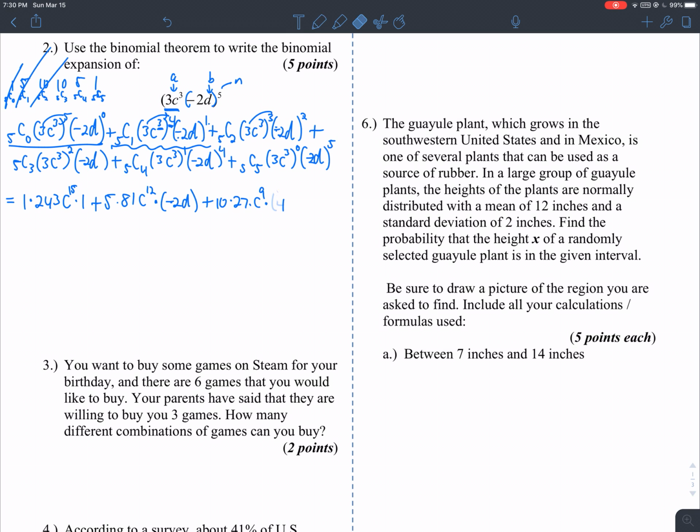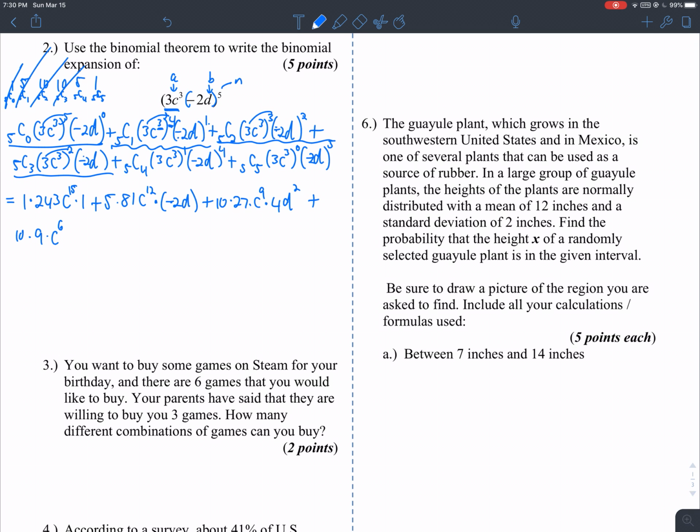I don't know why I'm putting parentheses, I might as well just do it like this, 4, and then d squared, plus, and okay, we're done with this term. And then this term, 5 choose 3, that's 10, according to our Pascal's triangle, and then 3 squared is 9, times c cubed squared is c to the 6th,